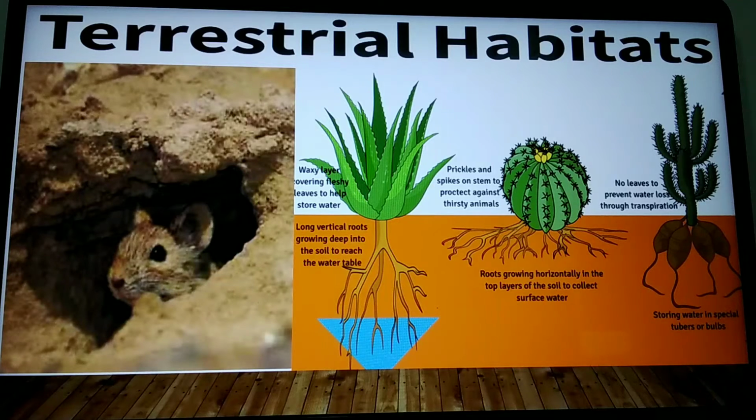And it stores food also, and it prepares food with the help of sunlight by undergoing the process of photosynthesis. And some of the rats will be burrowing animals. They are nocturnal. During night time they will come out of the burrow, and during daytime they will be inside the burrow, protecting the body from the hot conditions. And the body color will merge with the surroundings, and fur will be very less, so that perspiration will be less in those animals.